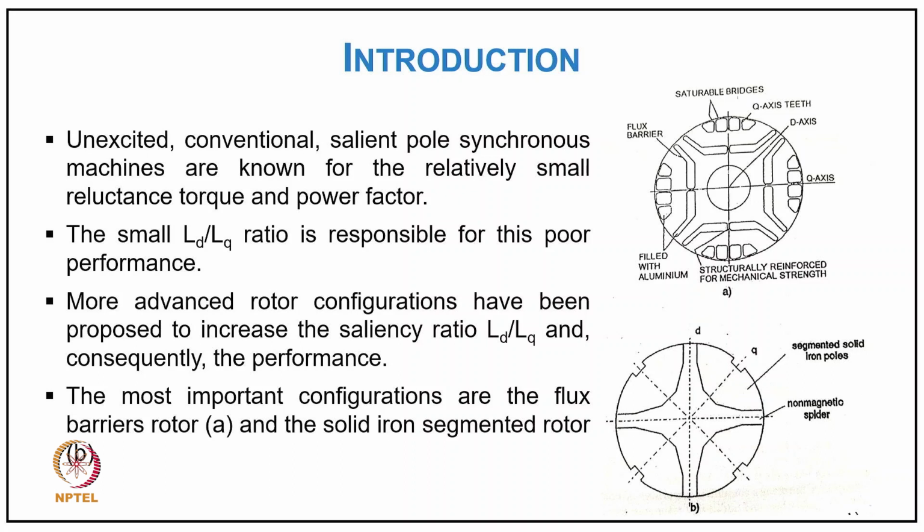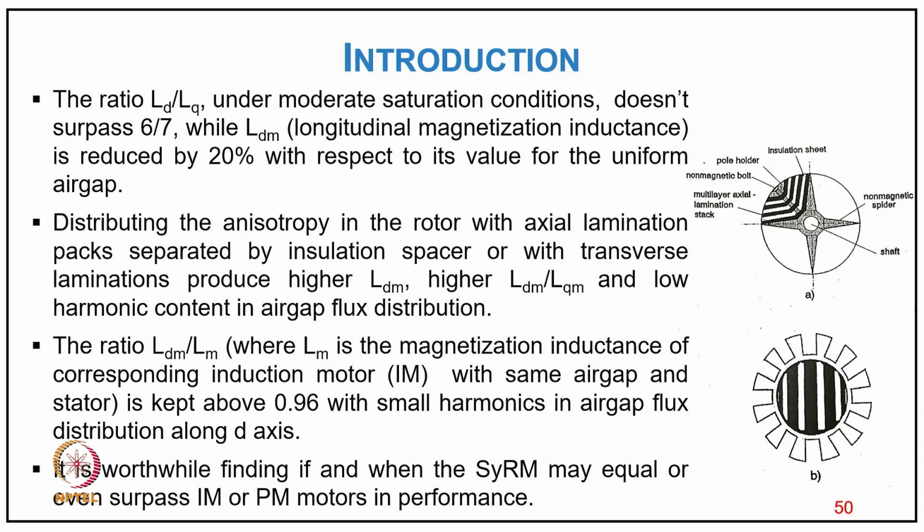So more advanced rotor configurations have been proposed to increase the saliency Ld upon Lq and consequently the performance. The most important configurations are the flux barrier rotor and the solid iron segmental rotor, as shown here. The ratio Ld upon Lq under moderate saturation does not surpass 6 to 7, while the longitudinal magnetization Ldm is reduced by 20% with respect to its value for the uniform air gap. Distributing the anisotropy in the rotor with axial lamination packs separated by insulation spaces, or with transverse lamination, produces higher